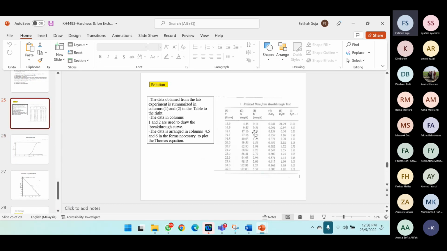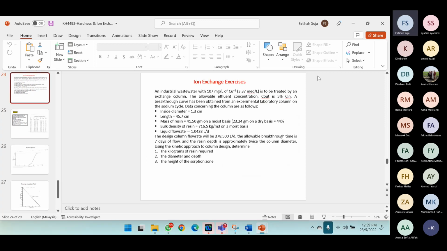I want you to draw this. So this is your assignment. Your assignment is easy, that you need to redo this exercise with your own handwriting, and you also draw the graph. Because I just want to make sure that you are able to